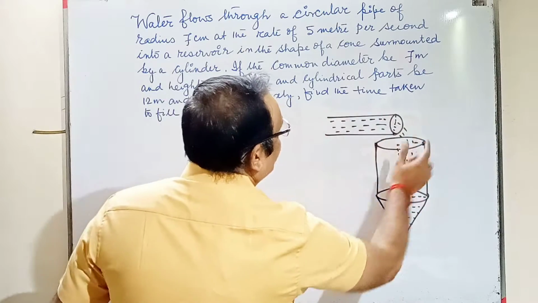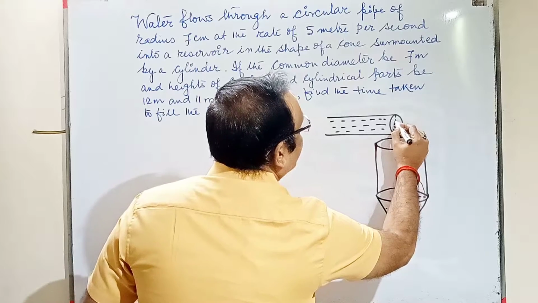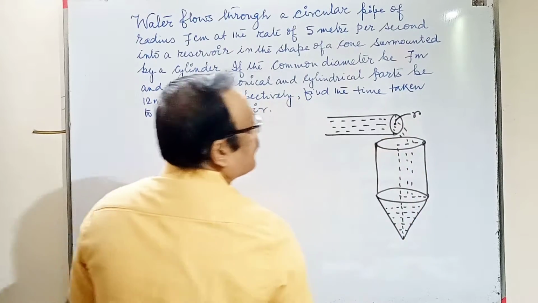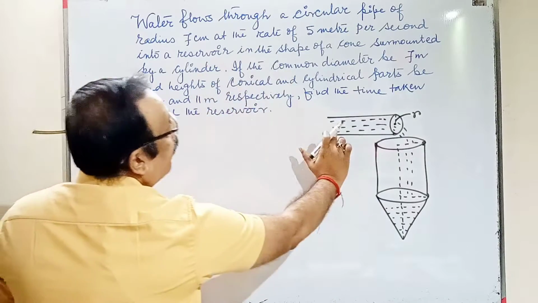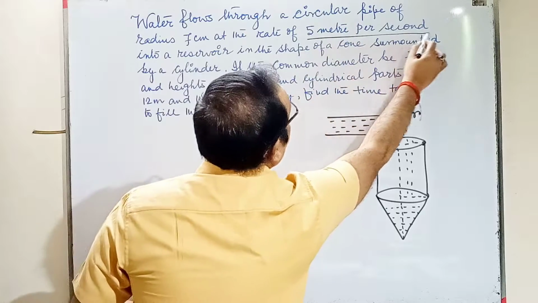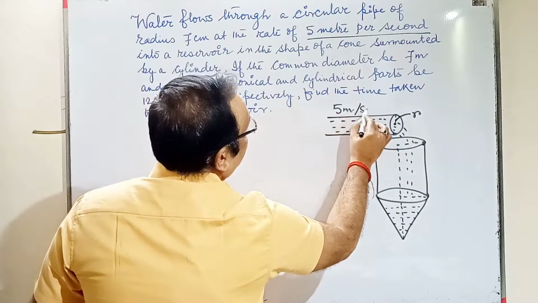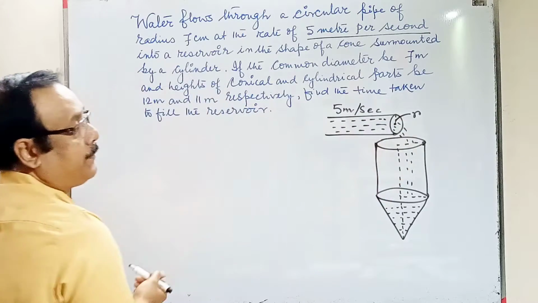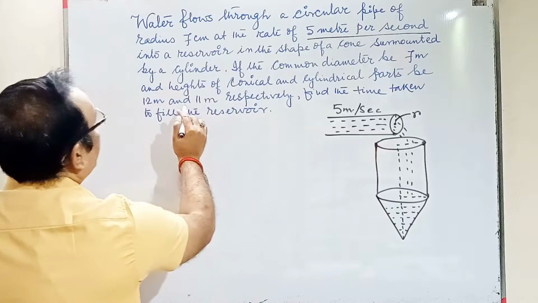This is the pipe through which the water is coming, and this is the radius of the pipe which I am denoting as R. It is said that the water is flowing from here at the rate of 5 meter per second. So the flow is at 5 meter per second. The water is flowing from here. Where is it going? It is going to a reservoir